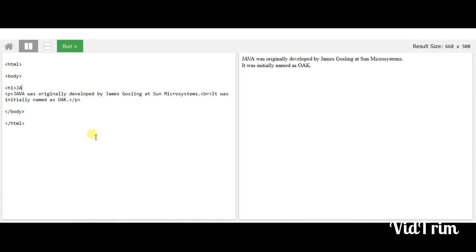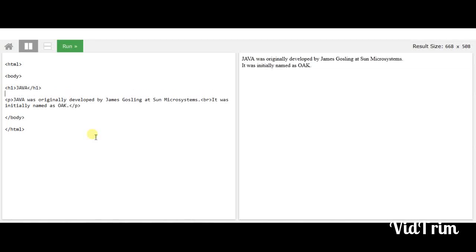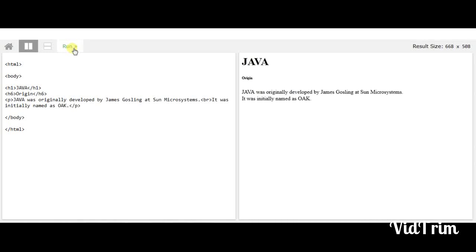Let's see how the tags are used. On running the program, the headers are displayed along with the paragraph as shown.